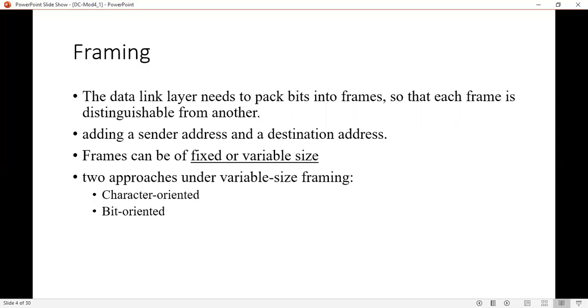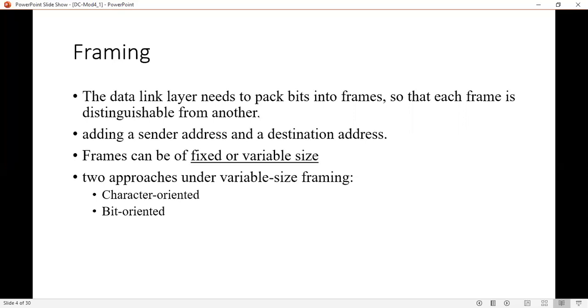And in each envelope, we usually add the sender address as well as the receiver address, right? In a similar way, in framing, in data link layer, it separates the messages, that is the frames, and it adds a sender address and a receiver address in the frame. These frames can be either of fixed size or of variable size.